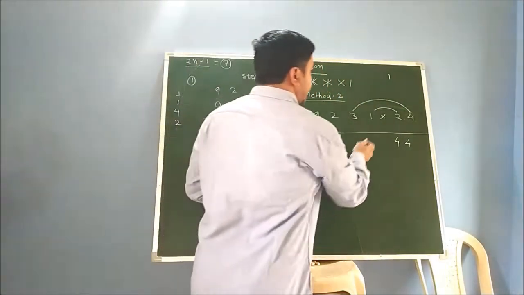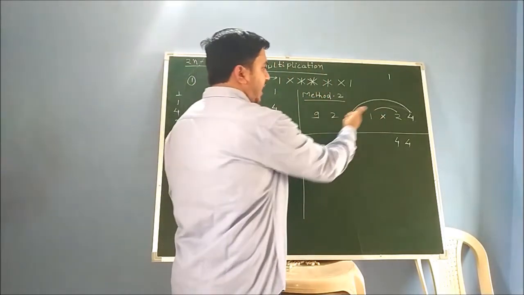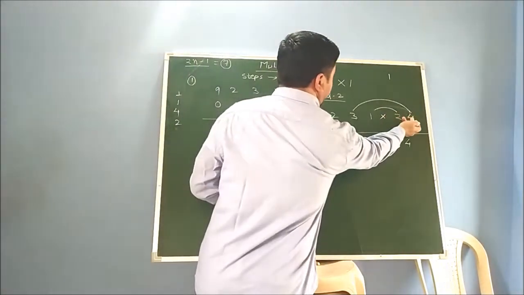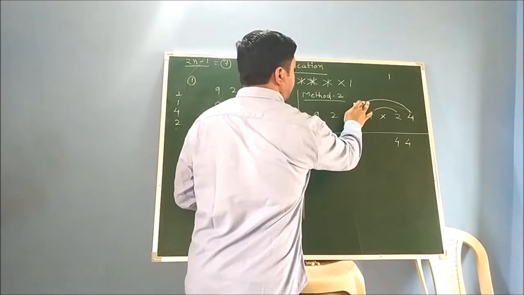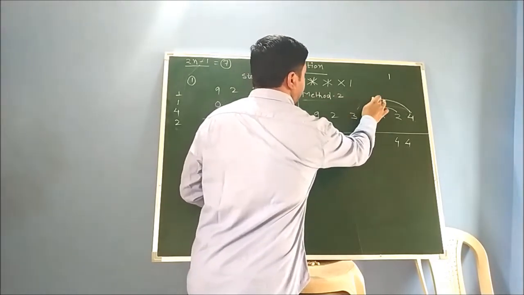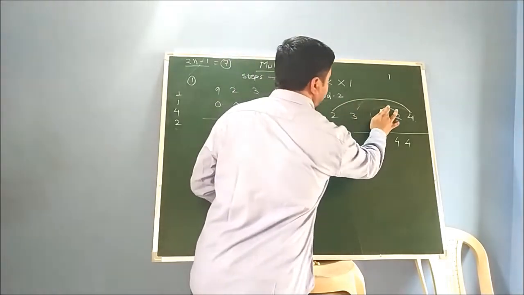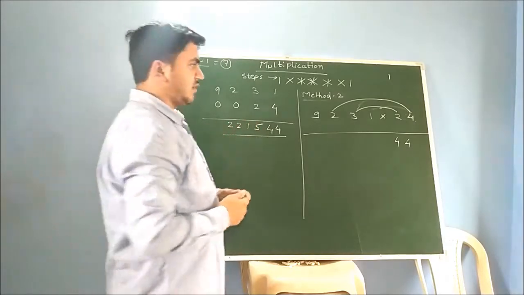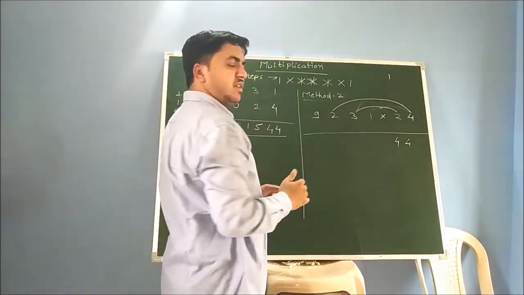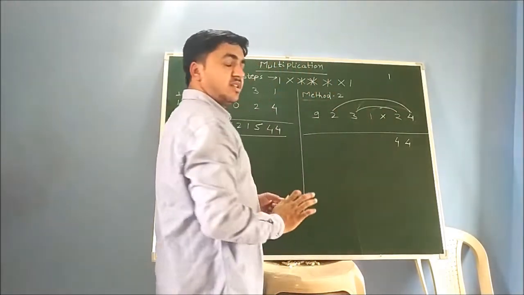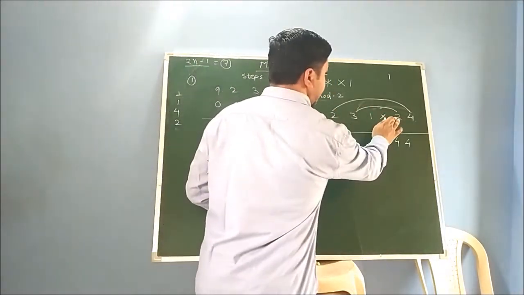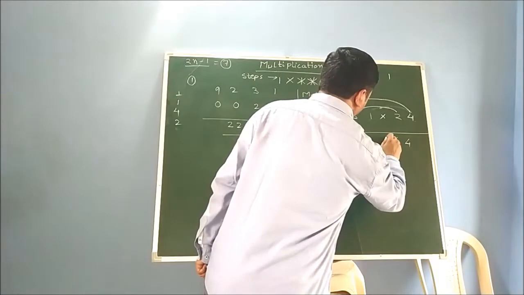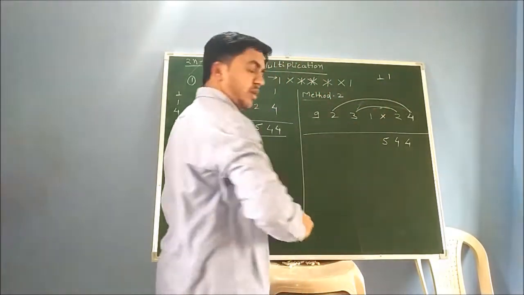Okay. Next, you have to increase your arc. The 2 arcs you have drawn, you have to increase your arc by 1 step. Before, you multiplied the outer number, 4, with 3. Now you have to multiply this 4 by this 2 and this 2 by this 3. You only have to increase the arc by one step. So this 4 multiplied by 2 is 8, and this 2 multiplied by 3 is 6. So 8 plus 6 is 14, plus 1 is 15. You again have remainder 1.